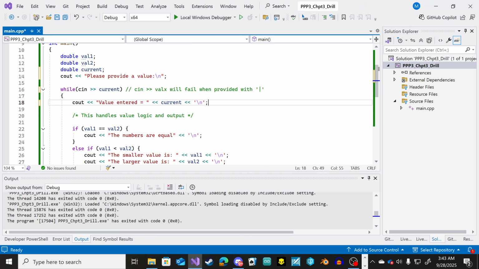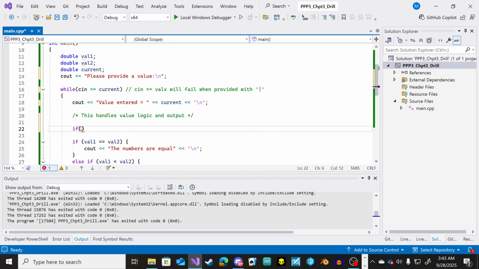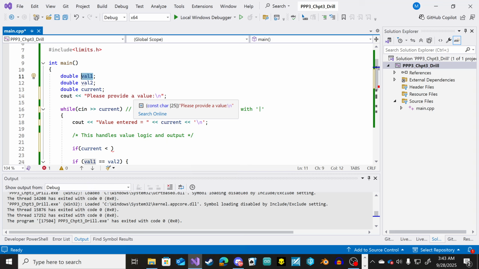And then we need to apply some logic. So if current is less than, okay, so let's change the numbers here. So value 1 will become smallest seen,